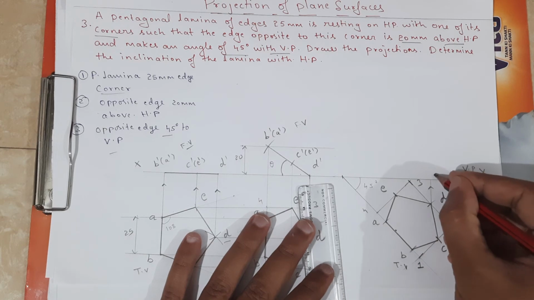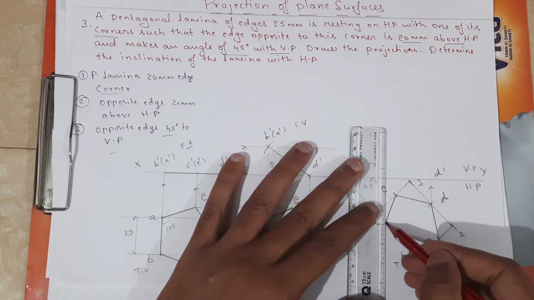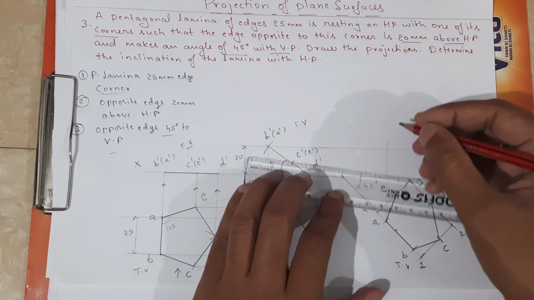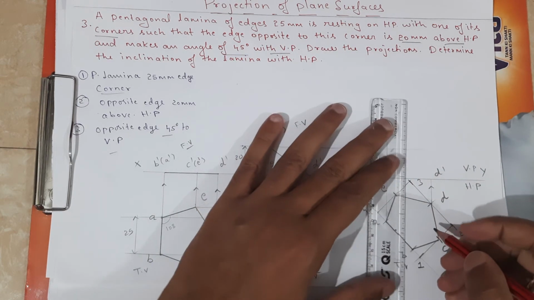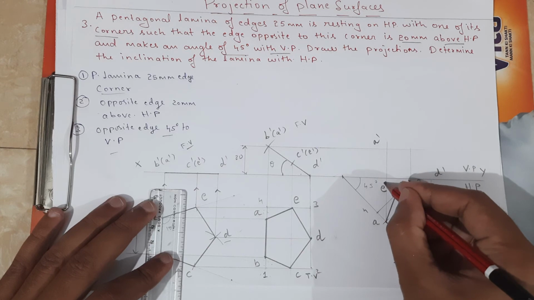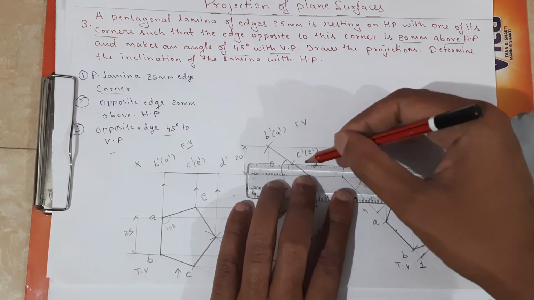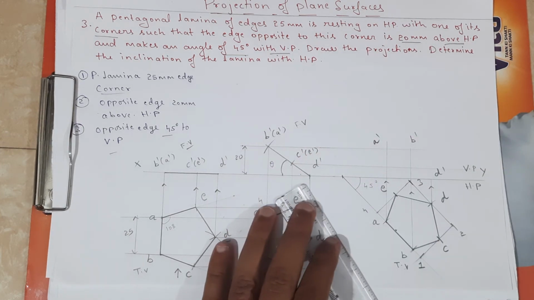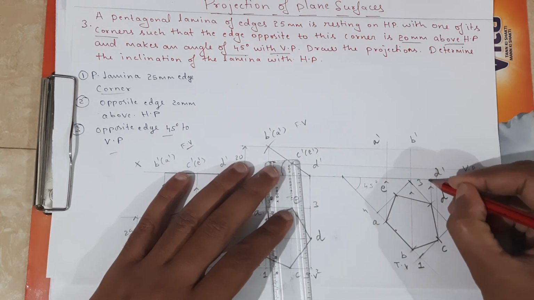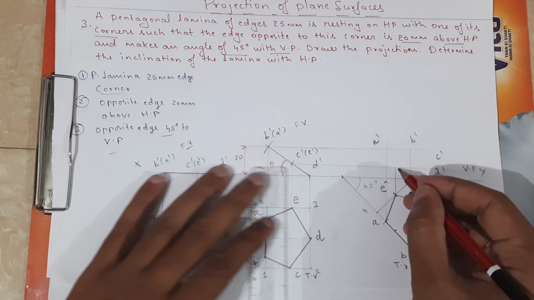So this is D dash. See, D dash is on the XY line. Next I am going to draw the projection of A. So this will be A dash, and in the same way draw the vertical projection and horizontal projection of B dash. This is B dash. Next one, draw the horizontal projection from C dash and E dash, and also upwards. So this one is D dash and this one is C dash. Don't get confused. So this one is E dash.